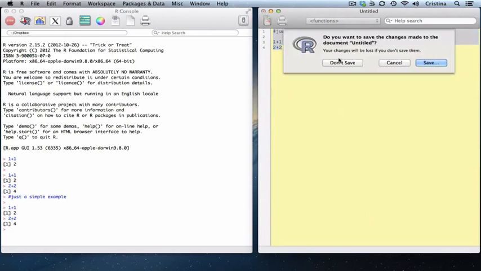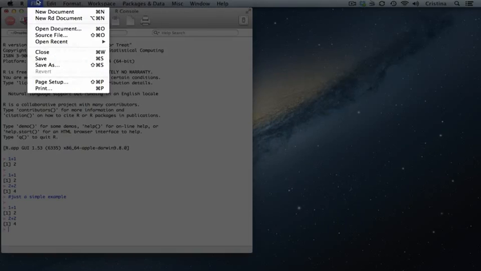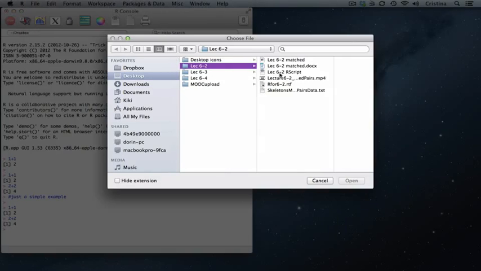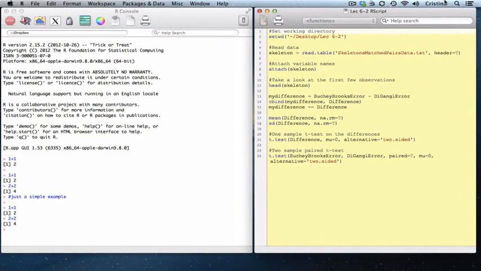Our focus today will be on two sample confidence intervals and hypothesis tests for matched or paired data. You should download the R script I have uploaded along with this video to follow along. You can now open the R script from File, Open Document. You will notice that our R script has lots of commands and comments to remind us what the commands are